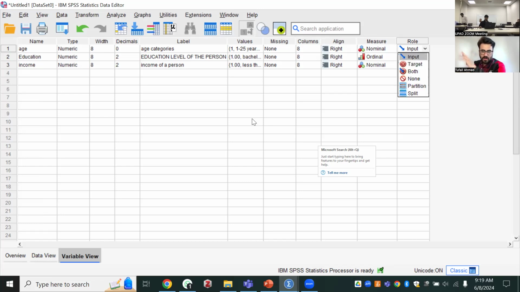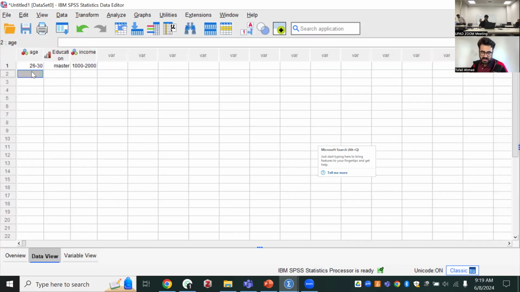If it's input, normally you should be able to see the categories when you double click on it, or just try to write one manually. Can they edit? You can also write 1 or 2 or 3. If you don't see the category, try to write 1 or 2, then you might be able to see it. I tried. It's not working. Okay.